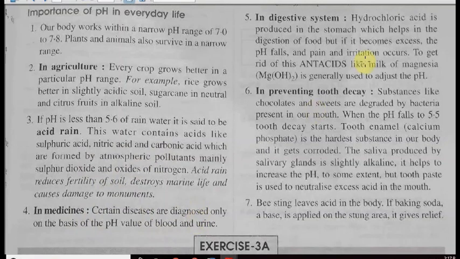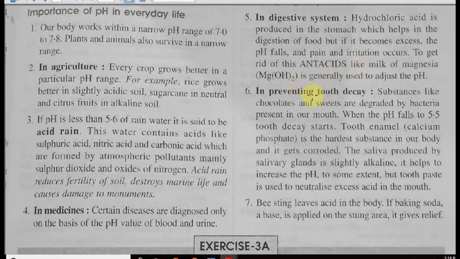Going to the next use, in the digestive system, our body has been provided with acidic and basic enzymes. Basic enzymes work on acidic food and acidic enzymes work on basic food, so they help in digestion. If the pH value falls, irritation occurs, and to get rid of this acidic nature, we use antacids like Gelusil, Digene and Eno, and they help us a lot.